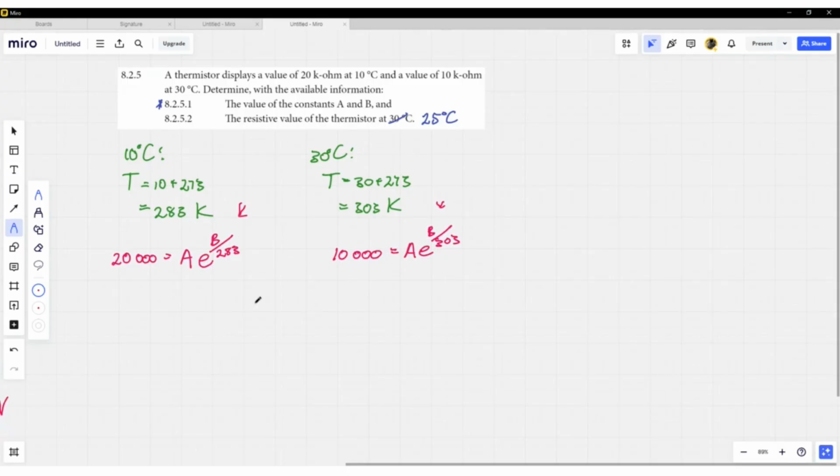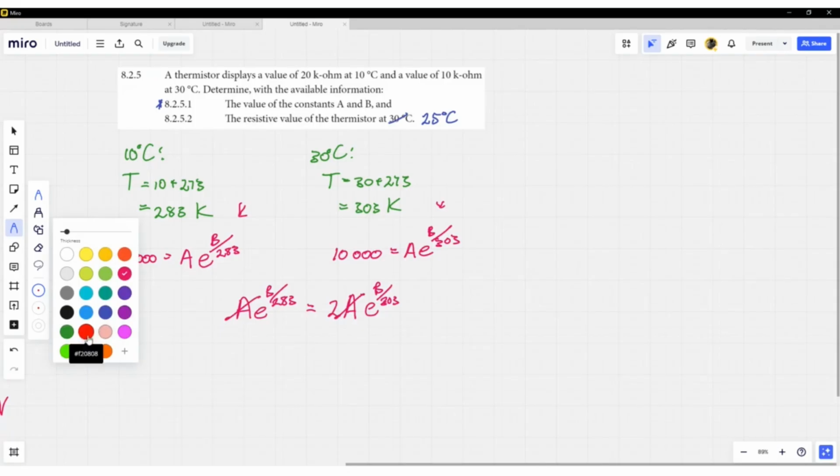So what you're going to have here is basically A. So if we do that, you're going to have A e to the power of B over 283 is then equal to 2 times A e to the power of B over 303. So those two will be equal. As you guys can see, the nice thing that can happen here now is that these A constants will cancel out,